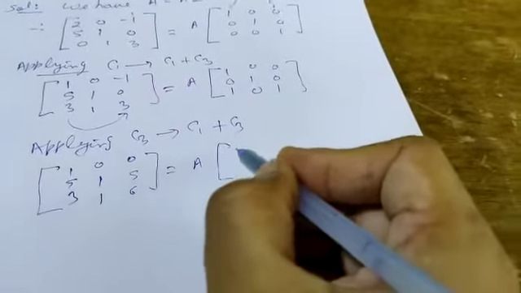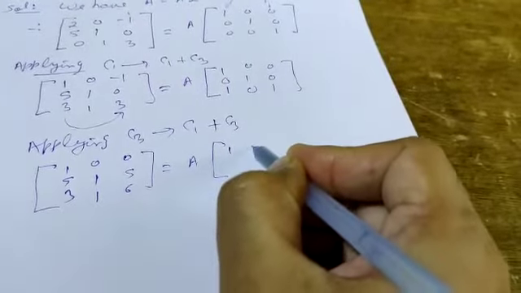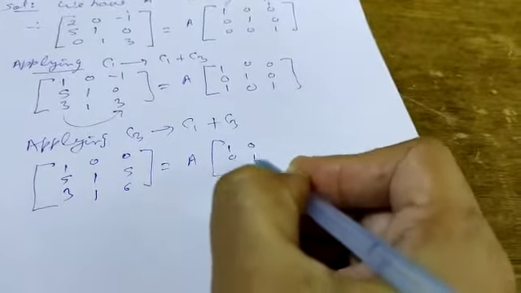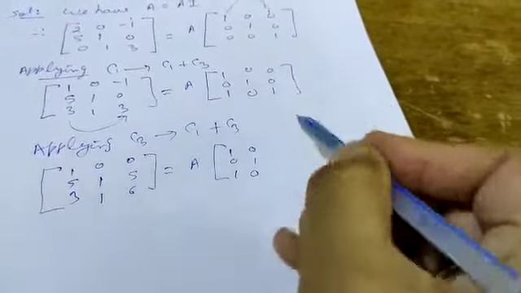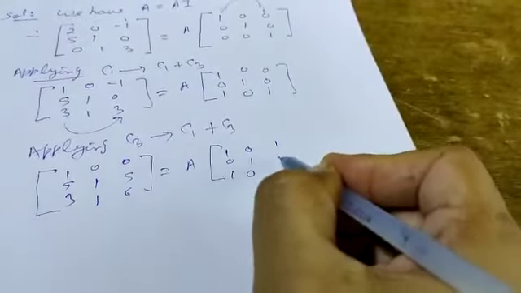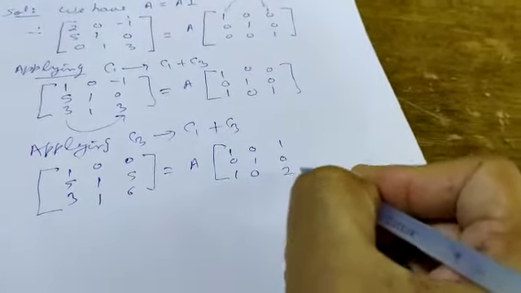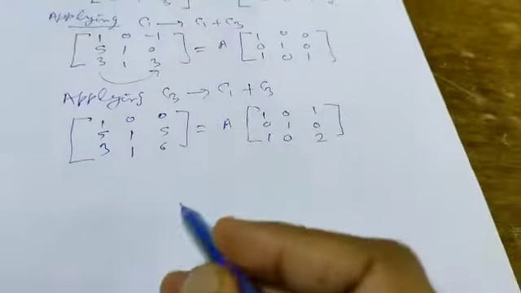So the first two columns will remain without any change, 1 0 0, 1 1 0. Now in C3 we are adding C1, so 1 plus 0 is 1, 0 plus 0 is 0, 1 plus 1 is 2. So this is our second operation. Now next,